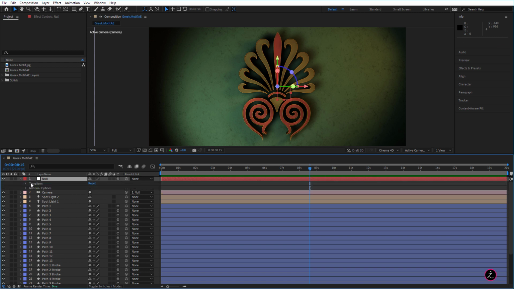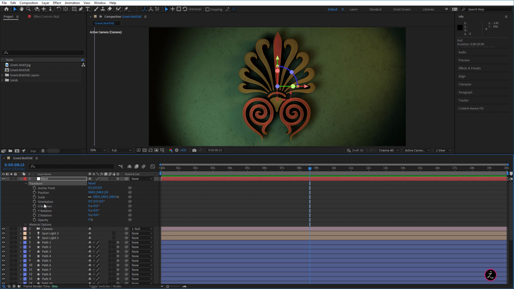And looking inside those properties, this is exactly the same properties as of a 3D layer. All right, now, in this case, let me go ahead and bring the current time indicator to the very beginning. I'm going to animate the position property and the orientation. So I will click on the position stopwatch to create the first keyframe, and then I will click on the stopwatch on the orientation to create the second keyframe.